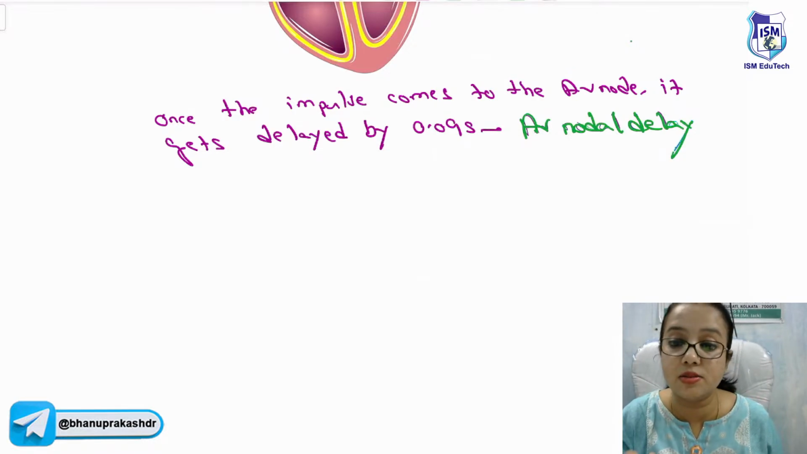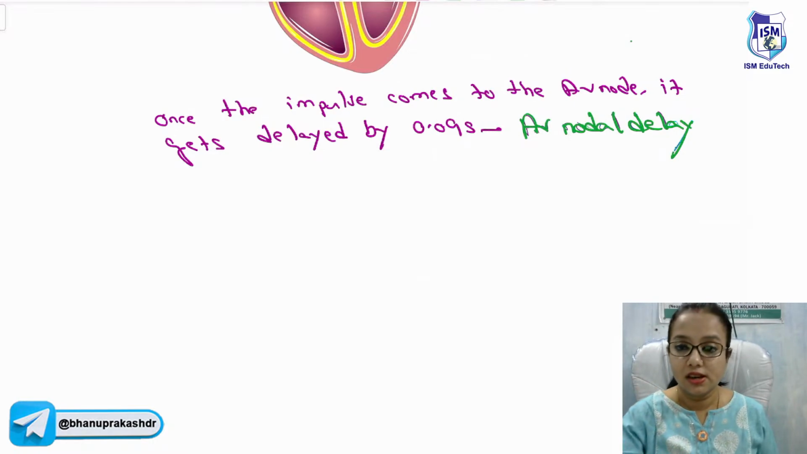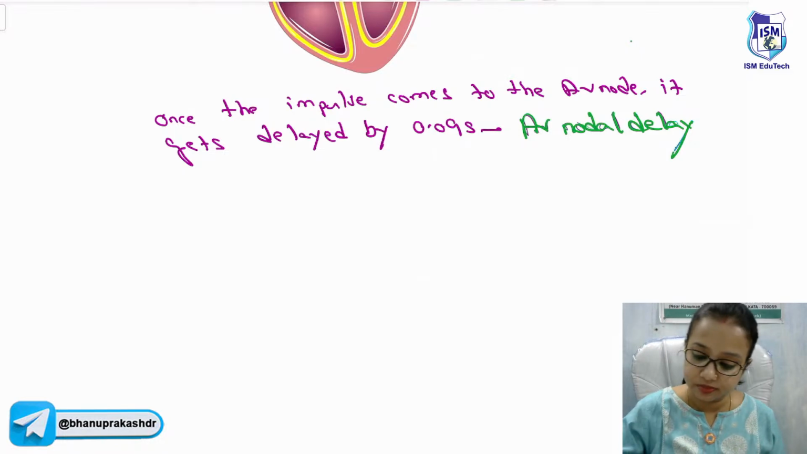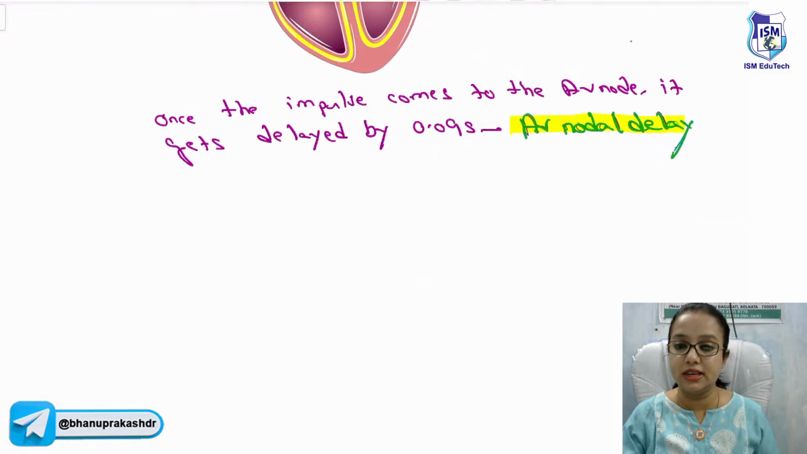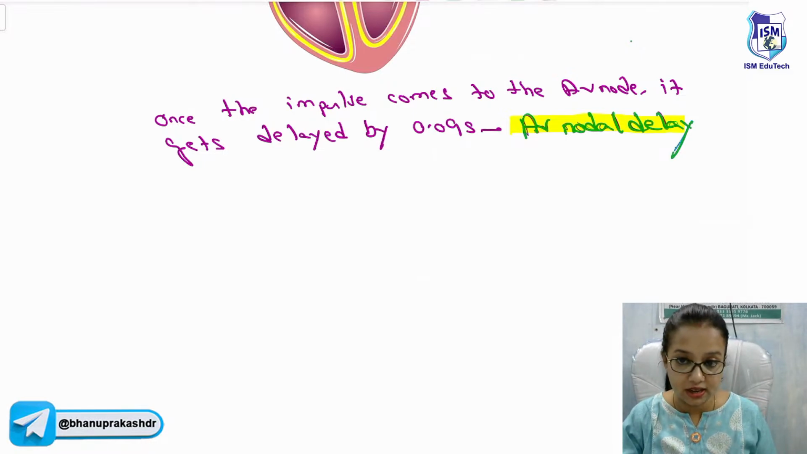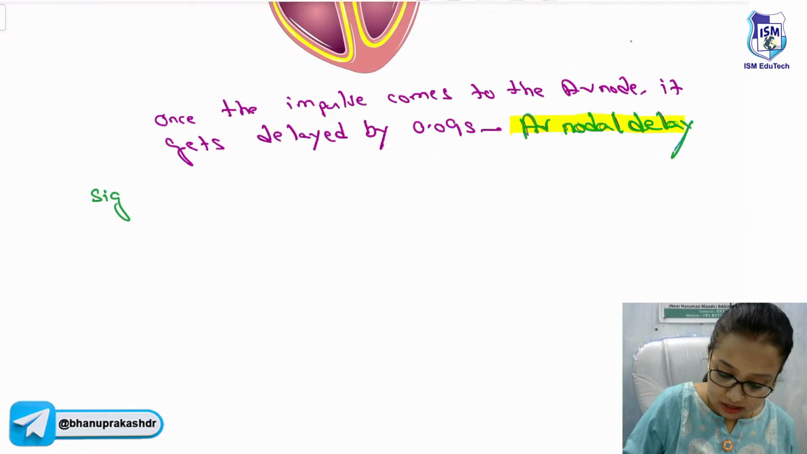It takes a time of about 90 milliseconds, or 0.09 second. This is called the AV nodal delay. What is the importance of it? What is the significance of it? The significance of it is that